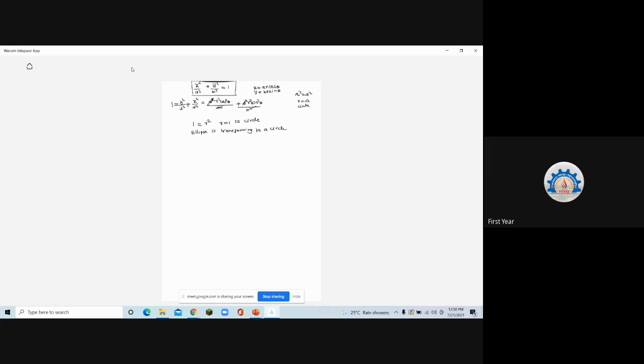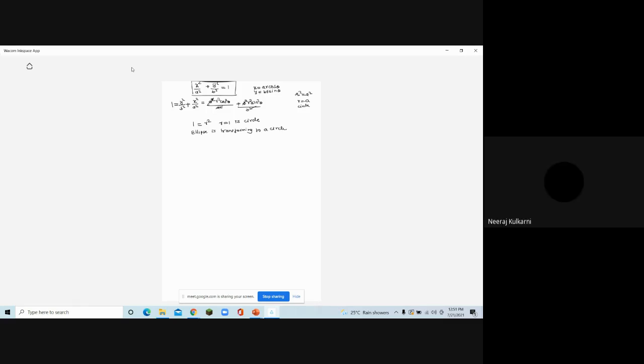If you want to draw it with polar coordinates, r is equal to a represents a circle, a curve which is equidistant from the origin at a distance a. All the vectors we draw on the surface have distance 1 from the origin, meaning they are equidistant points from the origin. So what is that surface called? It's a circle. Yes. Okay, so r is equal to 1 is a circle. Clear? So the ellipse gets transformed to a circle.